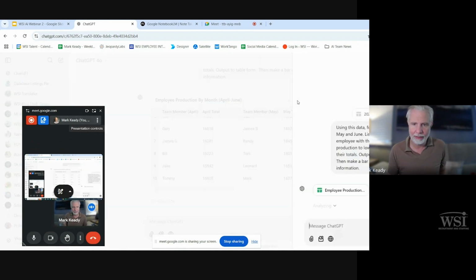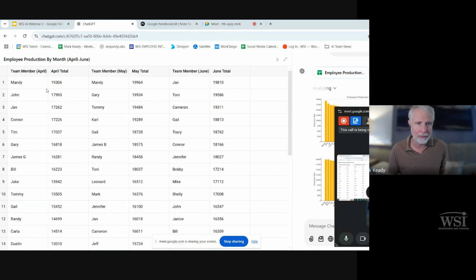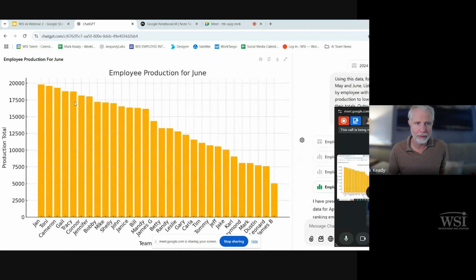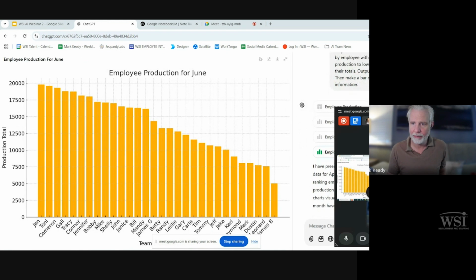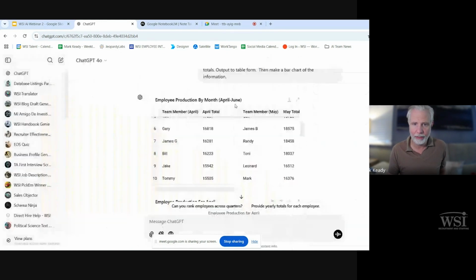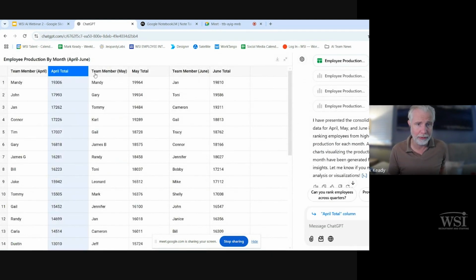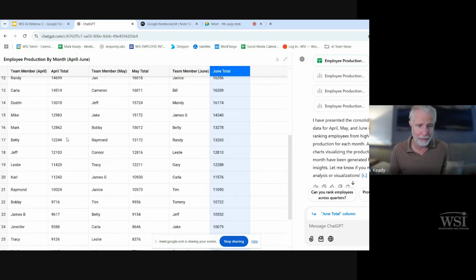And we can see here that it has put April's in total. Let's go back just a second here. I think we got a little bit ahead of ourselves. Let's go back up the chain real quick. First, it came out with our data and it split it into April totals, May totals, and June totals, which is really cool. And it laid it out highest to lowest as far as production numbers go.